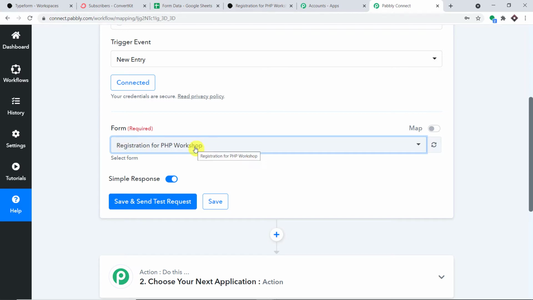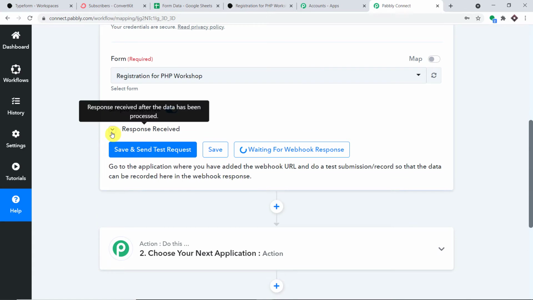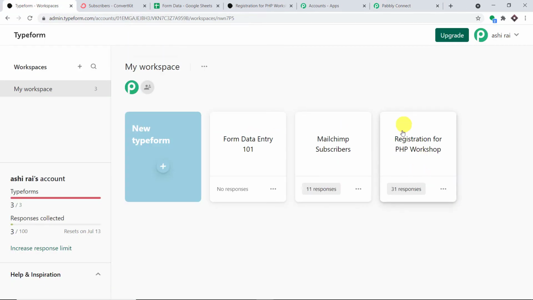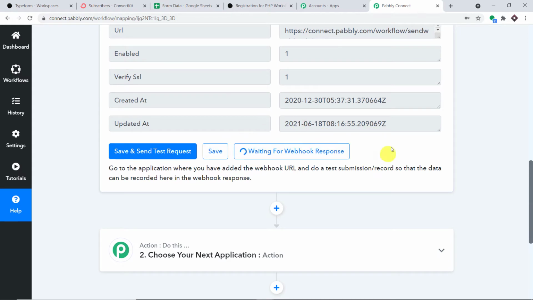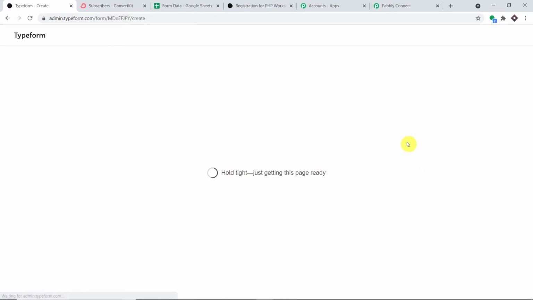We have selected the form that is registration for PHP workshop. Okay, so this is the form that we are interested in. So let me just click on save and send test request. Okay, so the response basically means we have integrated Pabbly Connect to this particular form, registration for PHP workshop. Okay, so it's showing that it is waiting for the data. Excellent. So what we are going to do here is conduct an experiment. Let me just go to Typeform, and this is the form that we have integrated with. Let me just click on this form,